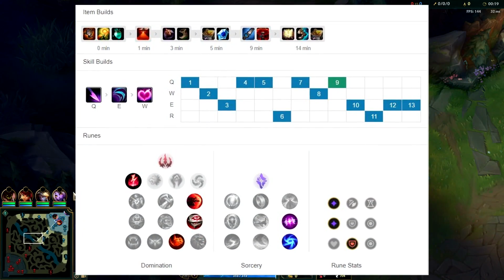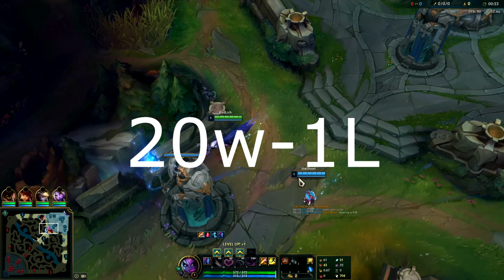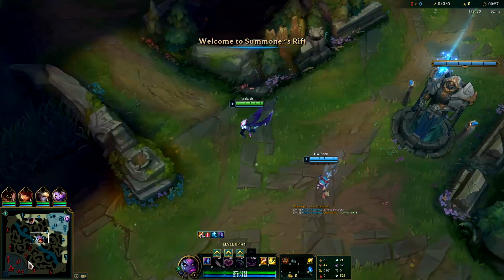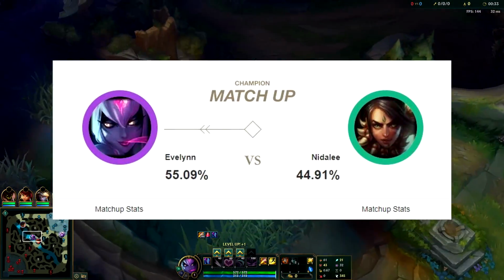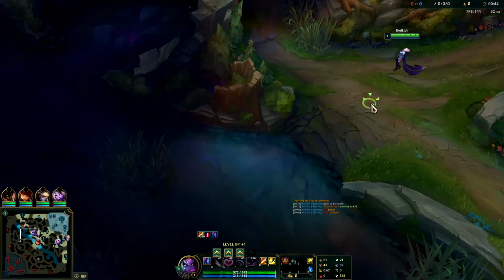Yo, what is going on, guys? We are continuing our climb to Challenger. Currently, we are 20 wins and 1 loss. We are going up against Nidalee, which is actually a heavily Evelynn favored matchup. However, Nidalee has a big opportunity to mess you up in your first 5 levels, so you need to make